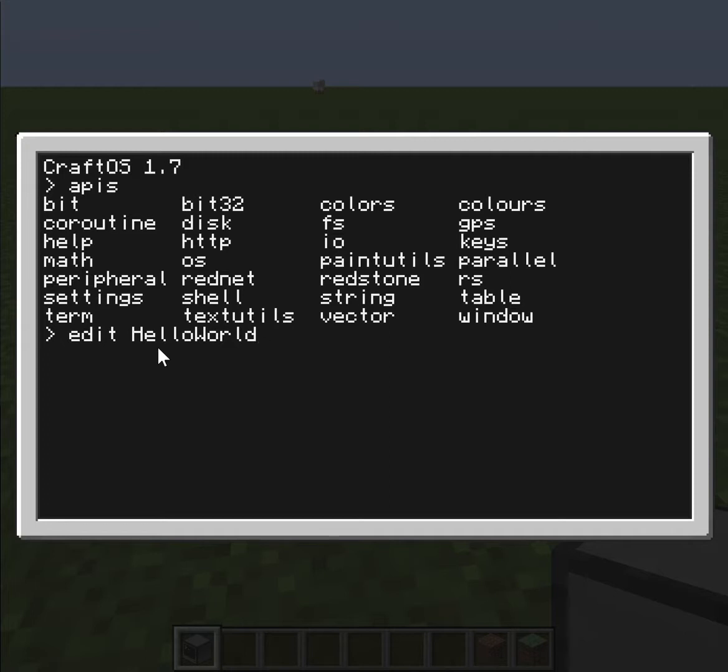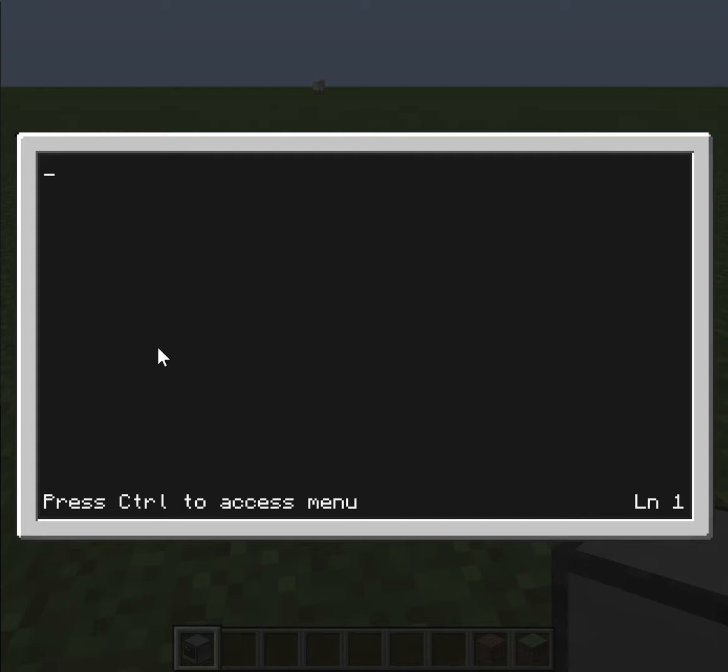So by typing enter, this will bring us into our editor, and since this is a super simple program, this is just one line, and you can see what line you're on at the bottom right of the screen here, and then at the bottom left, you can press Control, and as you can see, you can save or exit. So now we'll get to coding here. For this first one, we're just going to do